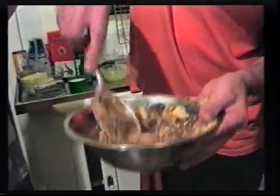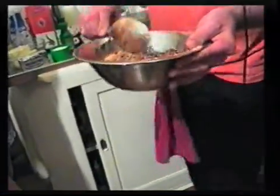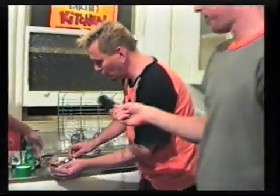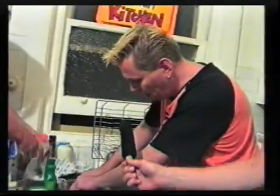Now, as you can see, I've mixed that up, and if my bowl's not big enough, it's easier if you're in a bigger bowl. What I do now, to make sure that it's well mixed, my clean hands, of course,